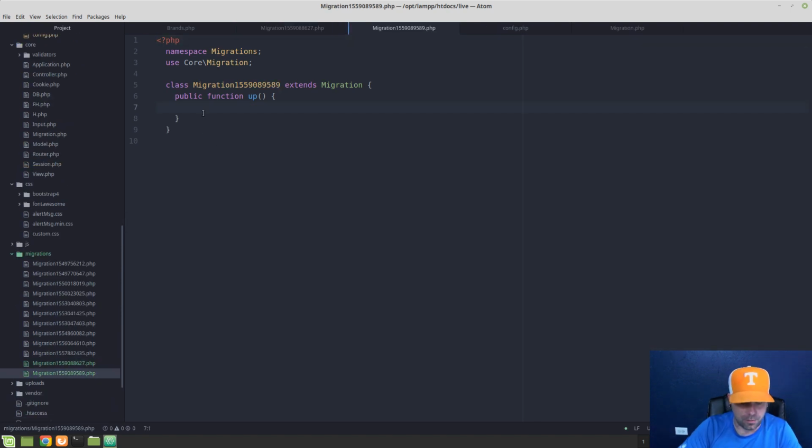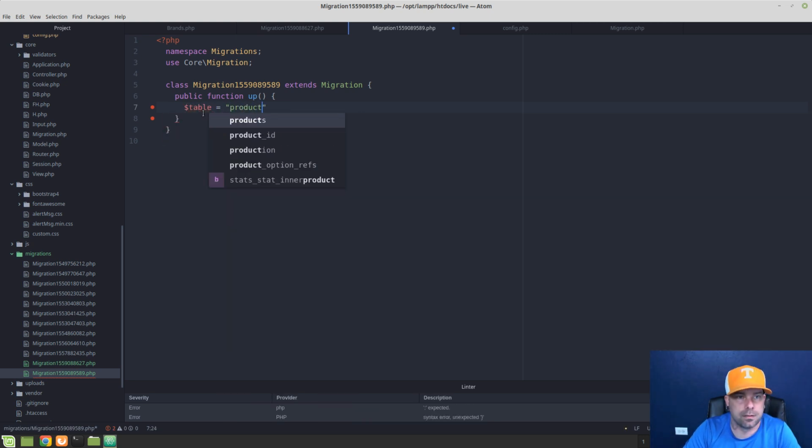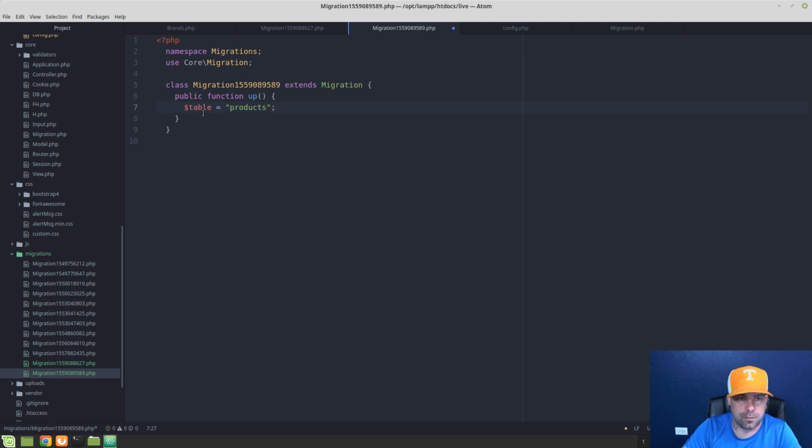And what I want to do here, and I should have done this in the last one, but for our table, let's go ahead and add default values to our products. So what we're going to do is just create an SQL. Actually, we don't even need this table here. So SQL is going to equal,